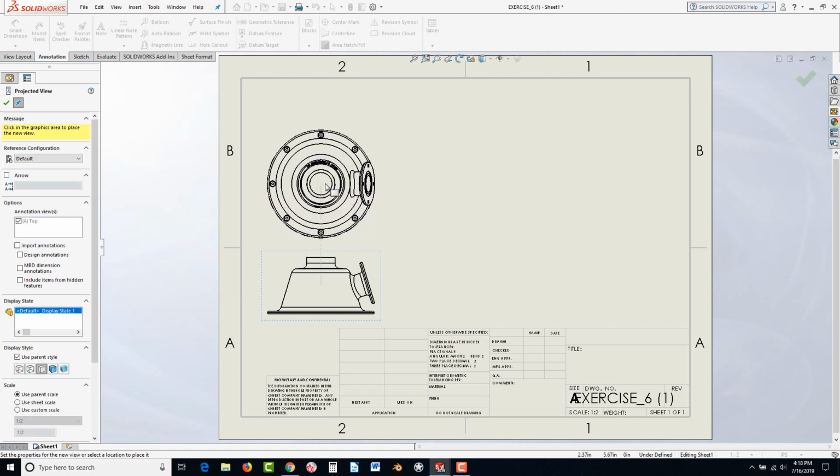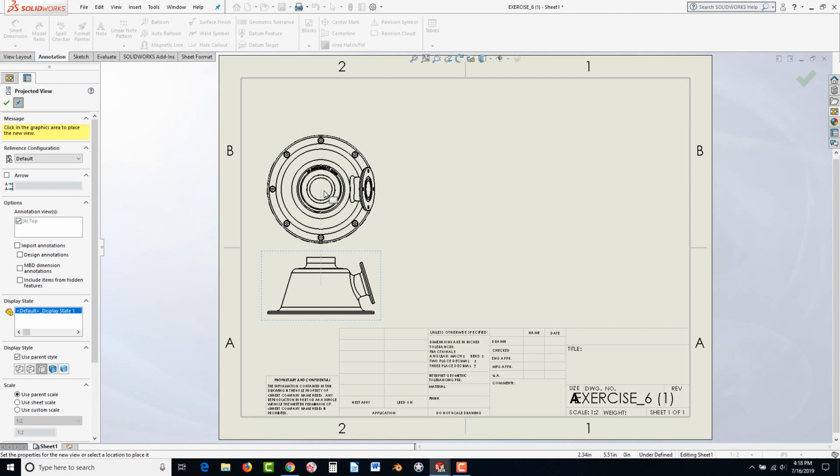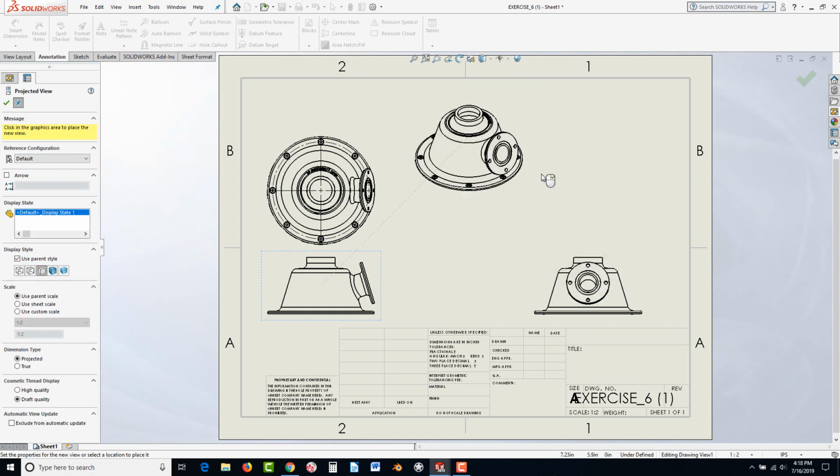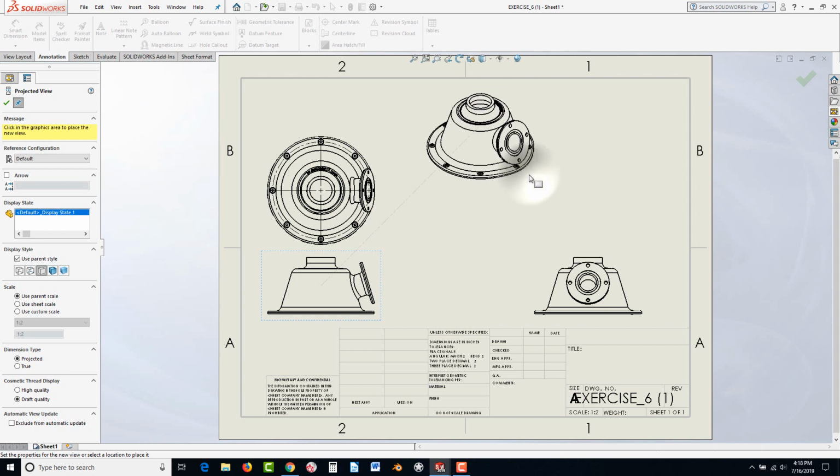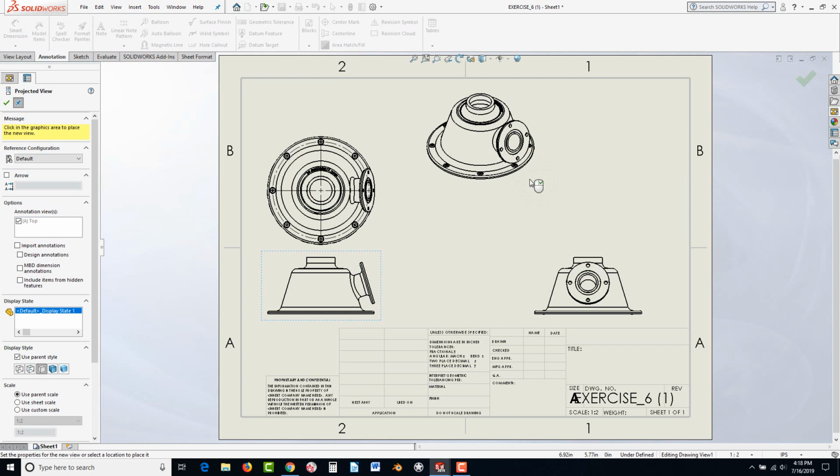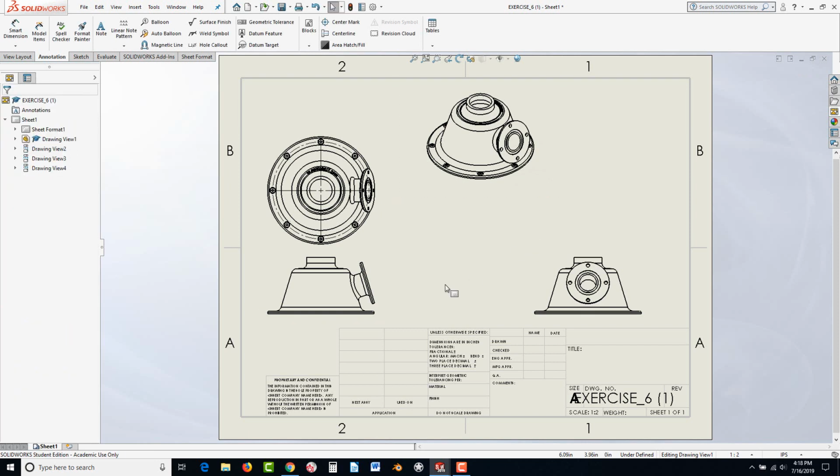But let's go ahead and move this pointer over here directly above this, and you'll see we could click and release to drop that view there. Now move your pointer to the right and get it way over here and click to bring up a right view. Now you could even drag off the isometric view, and that's fine too. Go ahead and click once, and now if you hit your right mouse button or hit escape, it applies, and